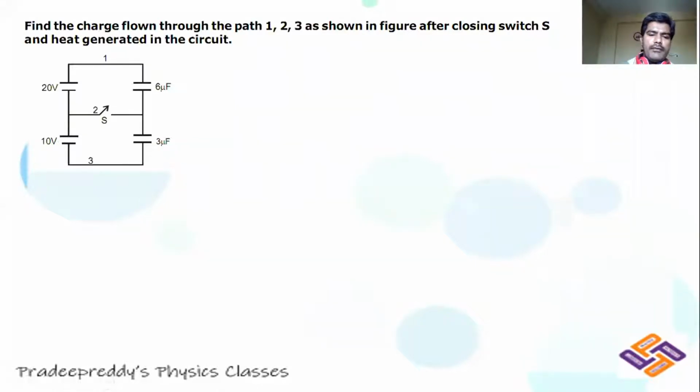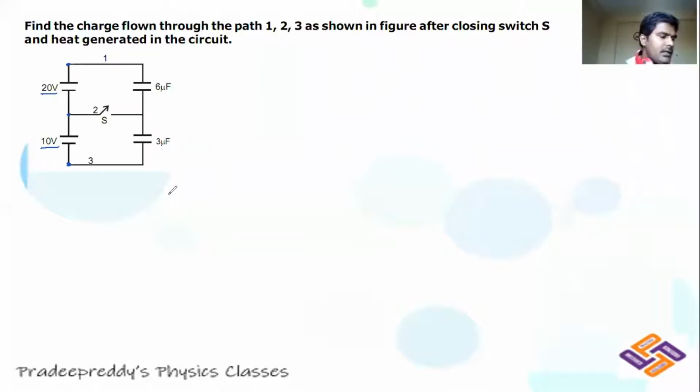Students, in the last problem, we have seen only one capacitor being connected to two batteries. And we have calculated total charge transferred, and we have also learned how to calculate heat produced in the process. Same way we will be approaching this problem also. Now when you have got the circuit, see all the data is being given to you. One battery has 20 volt potential difference and the other one offers 10 volt potential difference. So check it up. See these 2 points, you need to identify that.